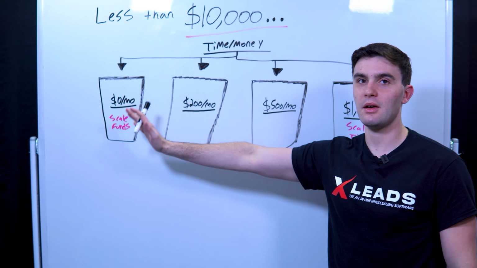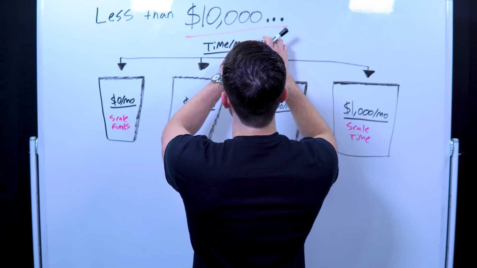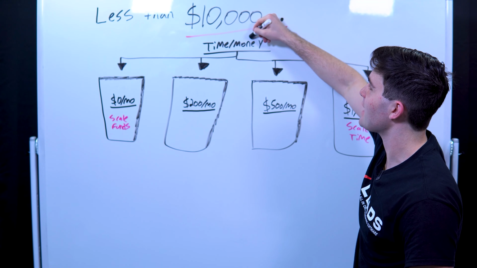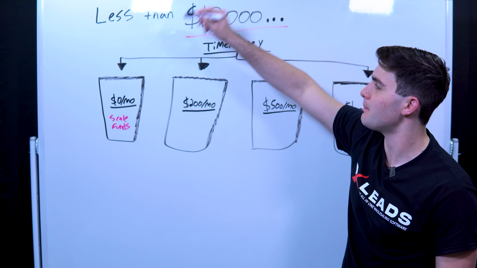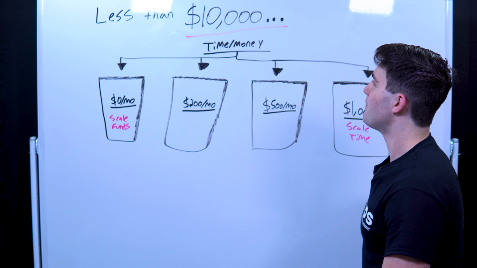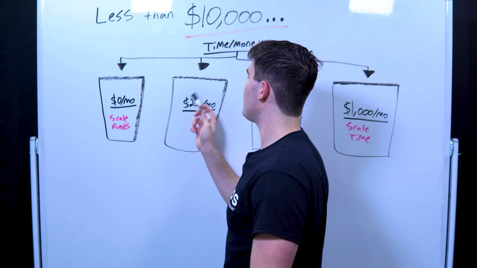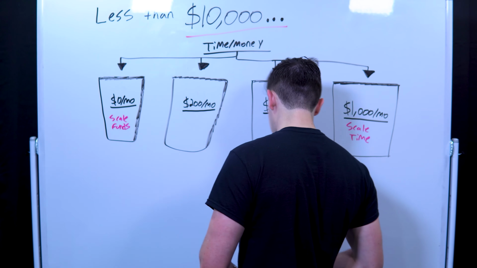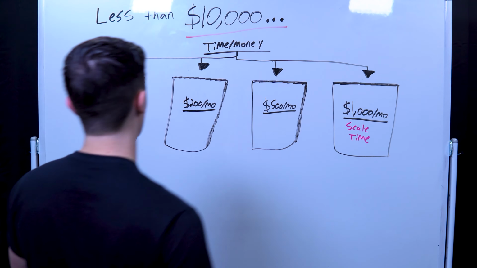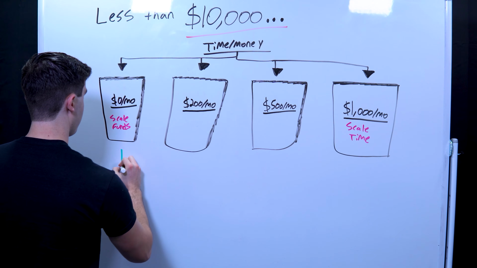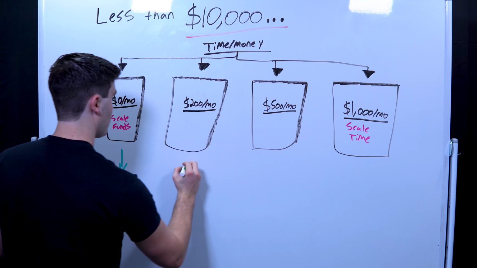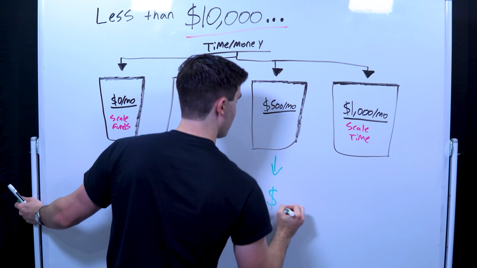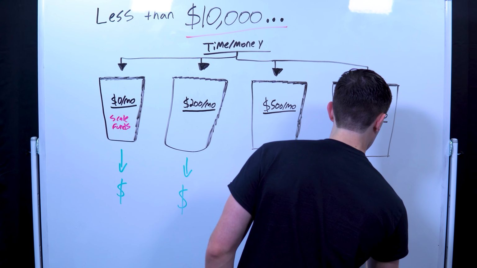So in each type of bucket, we have to, depending on the amount of money, right? All of these little buckets depend only on this factor. Now each one has a different type of time we have to put into this business, but we all gotta pour in a certain amount of time and money in each one for us to have success. Now, if we want this machine to go out here and spit out cash, there are certain parameters that have to be put in. If we want this one to spit out money, and this one, and then this one to spit out cash, there are obviously things we need to do.